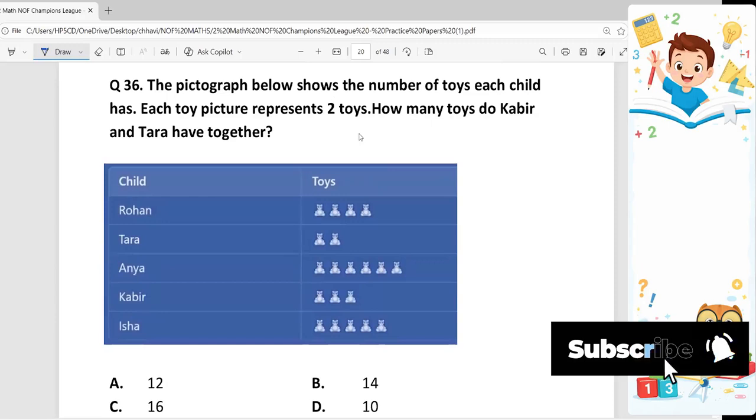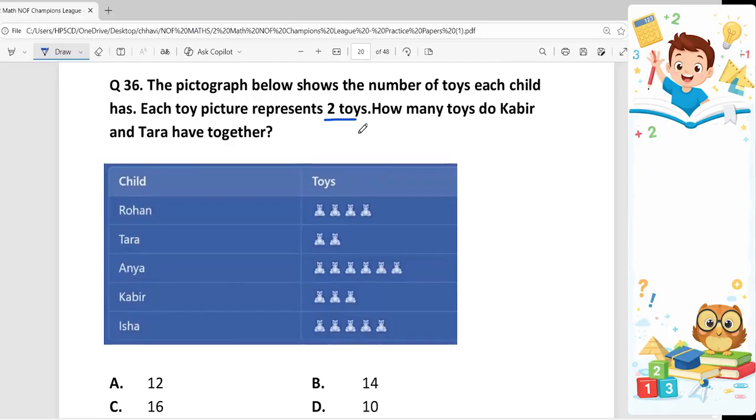36th. The pictograph below shows the number of toys each child has. Each toy picture represents 2 toys. How many toys do Kabir and Tara have together? Kabir. And Tara, where is Tara? Tara is here. Now Kabir, count it: 1, 2, 3. So Kabir